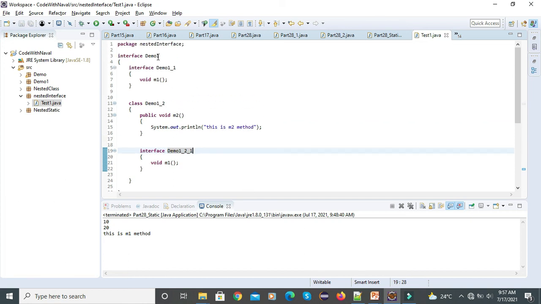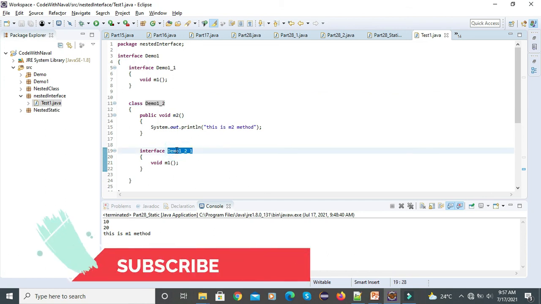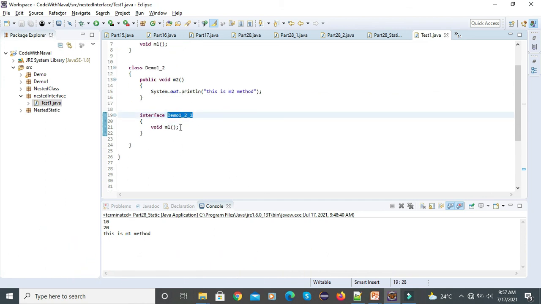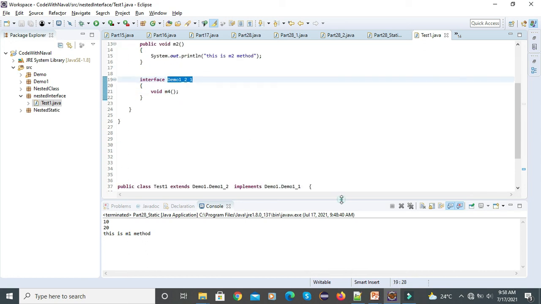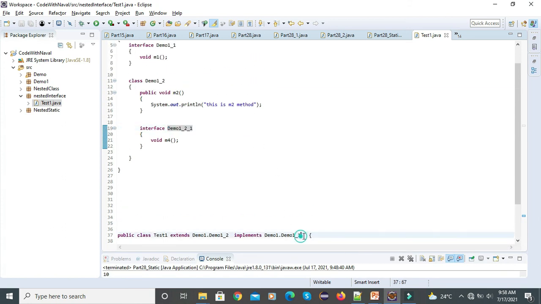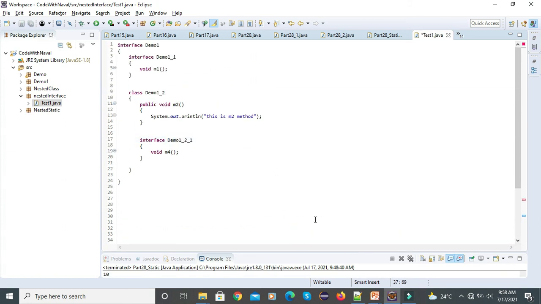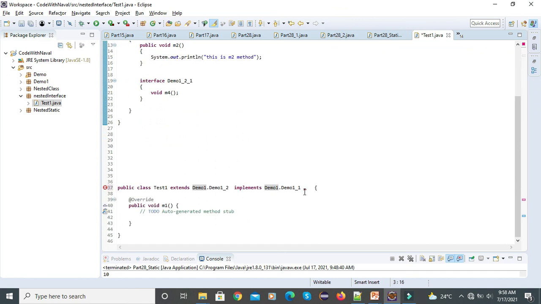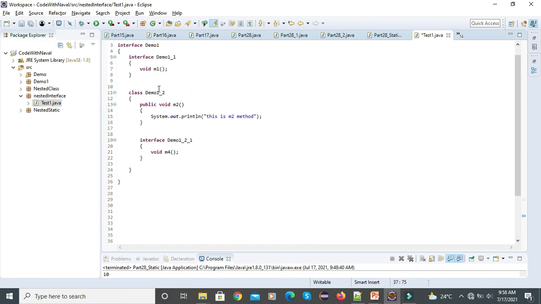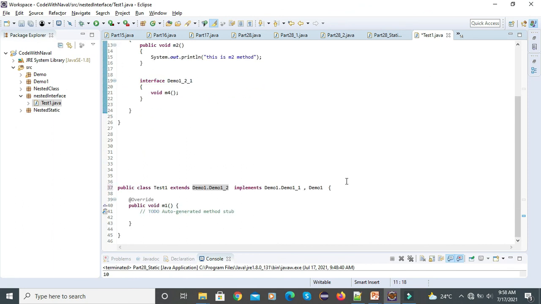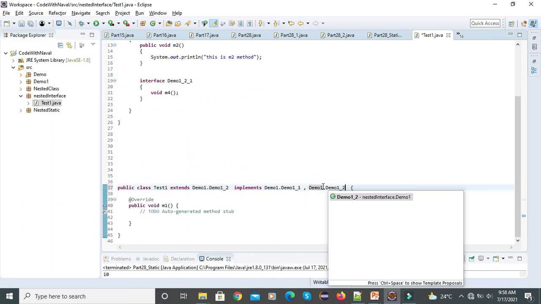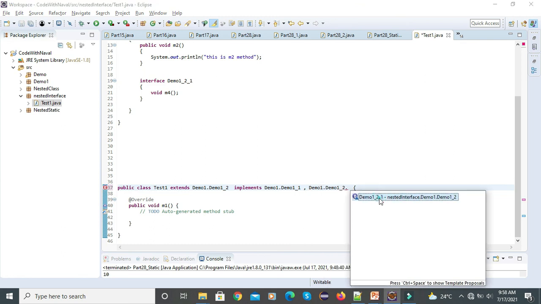You can see we have a first interface, then a class, and inside the class also we have an interface. Now how can we access this interface? I'll give method names m1, m2, m3 or m4. Now I want to access this interface, so for that we simply add a comma, first this interface name, then this class name, then this class name dot this interface name.